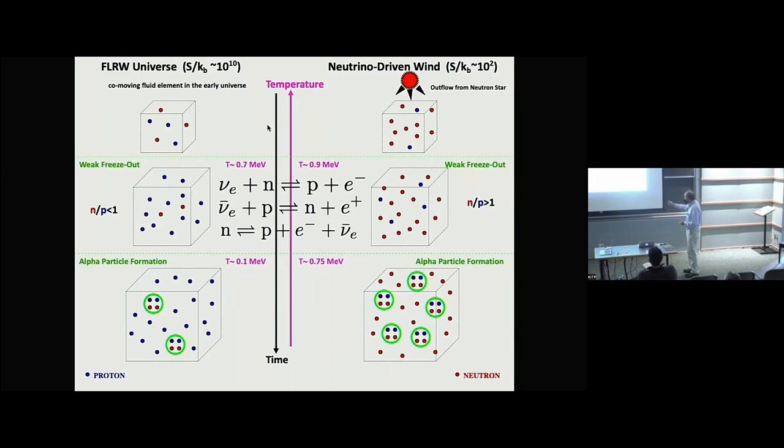By contrast, the outflows that Gail and Amol will talk about are kind of the isospin mirror of what happens in Big Bang nucleosynthesis. That's because the nu_e bars can be more energetic than the nu_e's. And so you can drive the material neutron rich. Now the entropy is lower than the Big Bang, but on a nuclear physics scale, it's still large. So the basic nuclear physics of alpha formation is the same. You scour out all the protons in this case, and you're left with a sea of free neutrons. Neutrons have no Coulomb barriers. You could wind up with uranium over here.